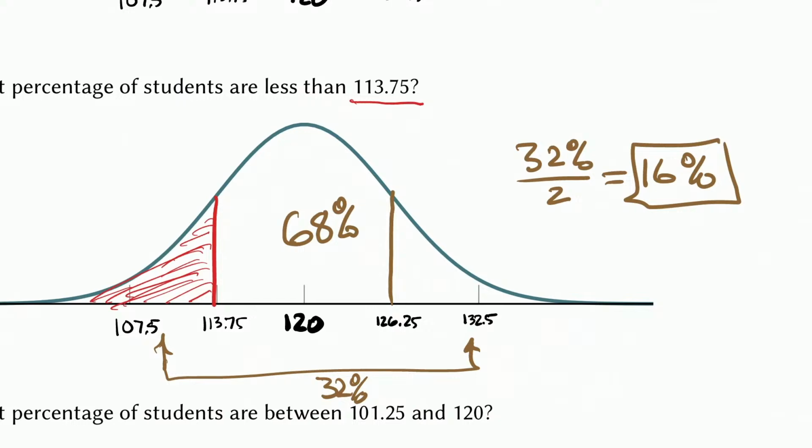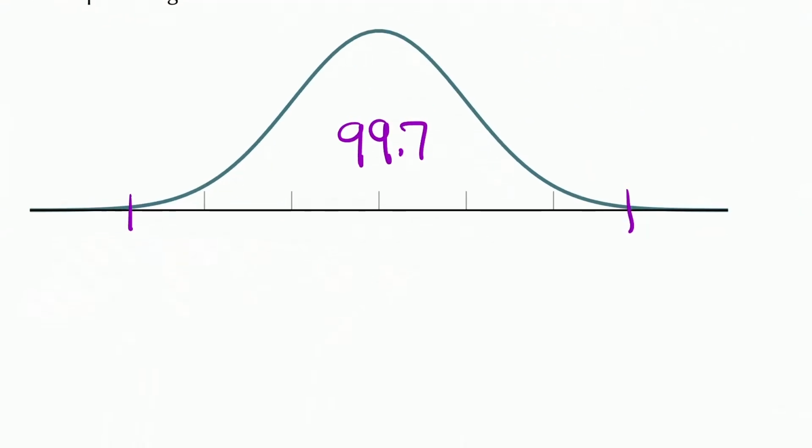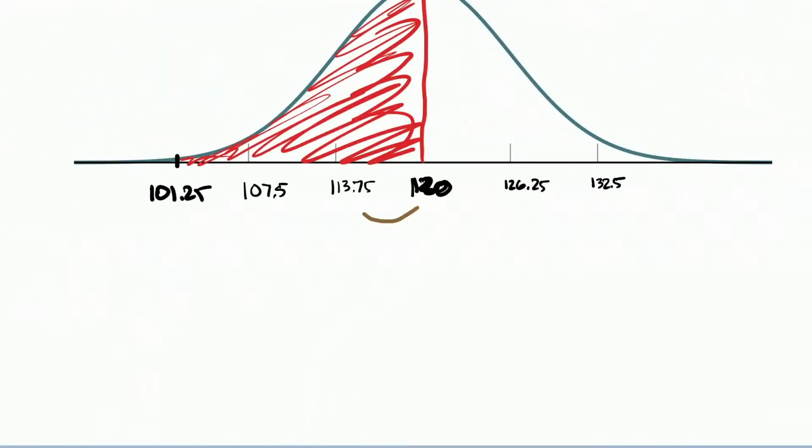And then the final one I think is the hardest. Well, for one thing, it's almost off the chart, isn't it? That one looks similar to this, because notice that here you go 3 standard deviations this way from the mean. This is 3 standard deviations that way. And so here you have the mean, and you've gone 1, 2, 3 standard deviations. However, we're not doing that whole region. We're doing just half of it. Oh, wait, that's the answer, isn't it?